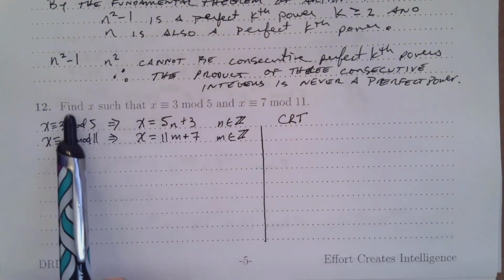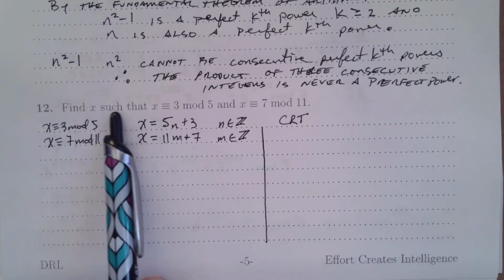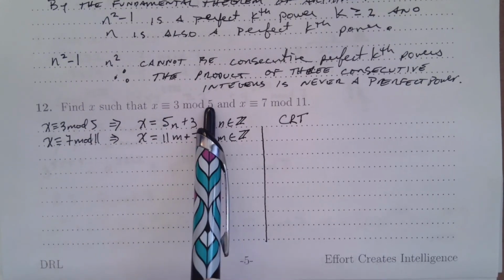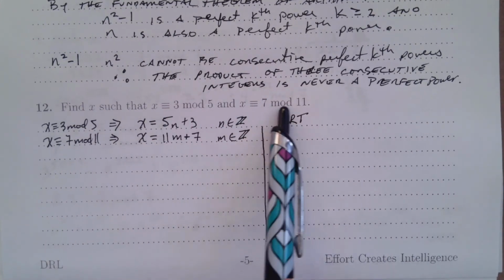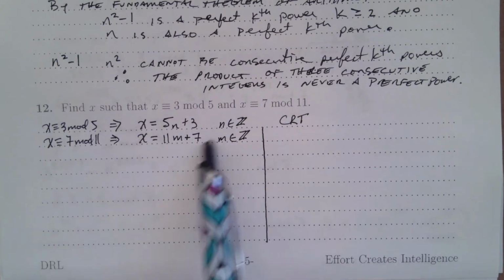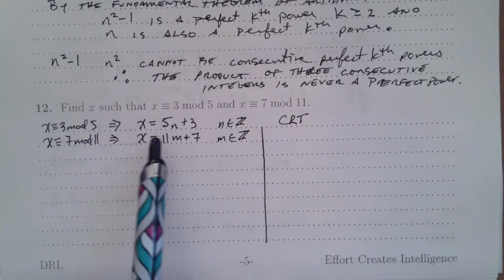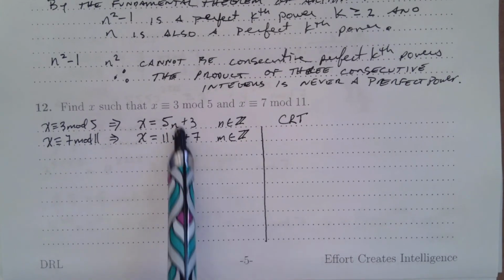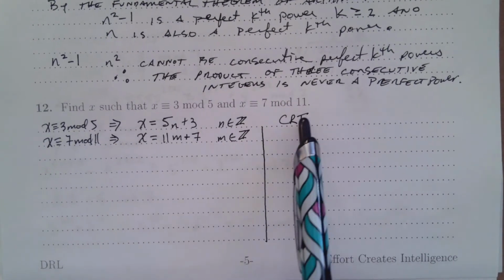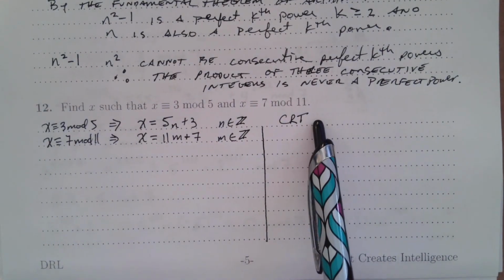Going to be solving this particular problem. Find x such that x is equivalent to 3 mod 5 and x is equivalent to 7 mod 11. When we go through to solve this problem, we're going to solve it first using what you might know from divisibility and playing around with things, and then we'll come back and also solve this using the Chinese remainder